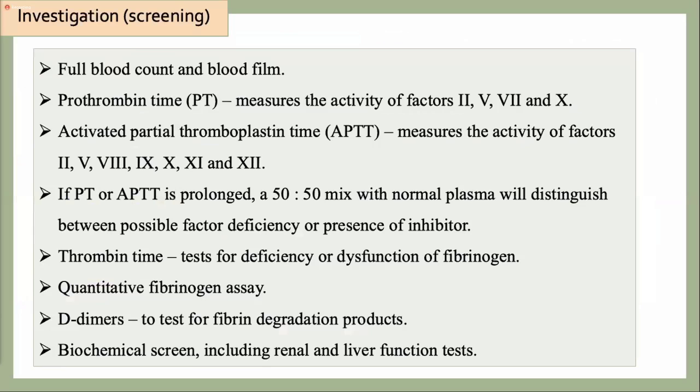Okay. So next, once we see the patient and suspect a blood disorder, we may want to do a screening investigation. We would do a full blood count to see the platelet level, and can do a blood film if we suspect leukemia, or that it is not only a platelet problem. Then we can do coagulation profiles such as PT and APTT. And if PT or APTT is prolonged, we can do a mixing plasma investigation.